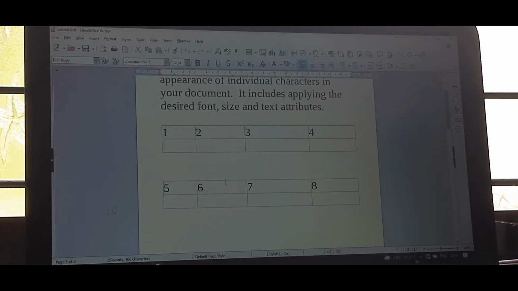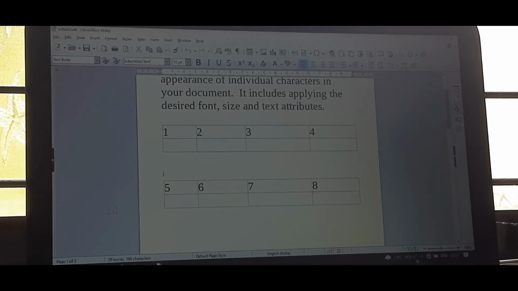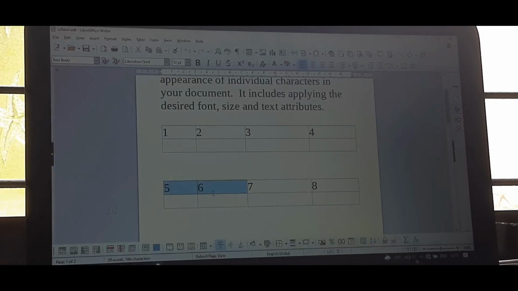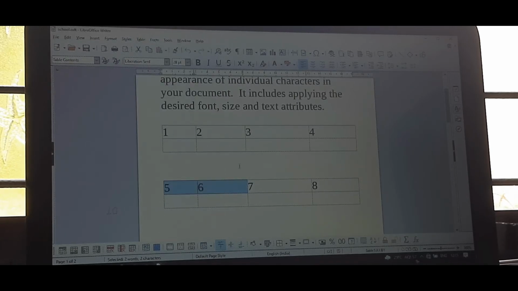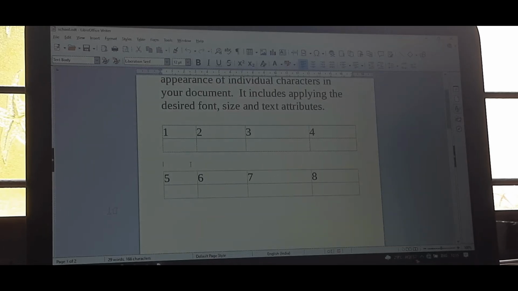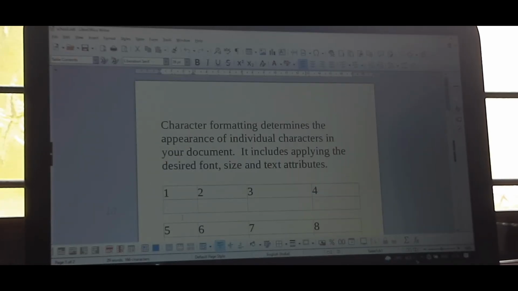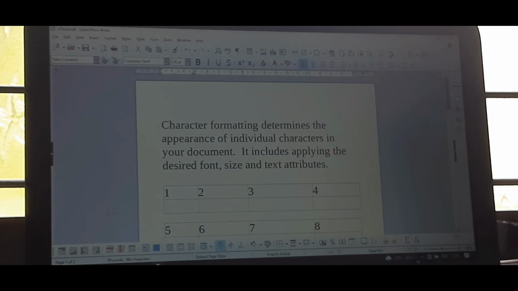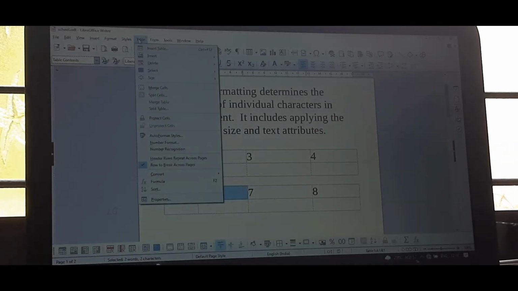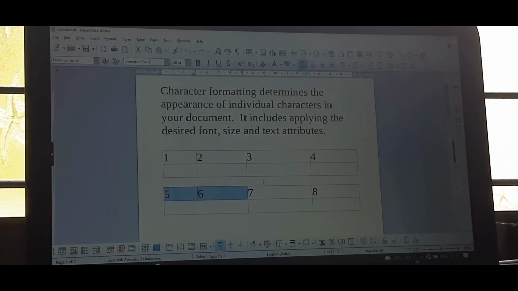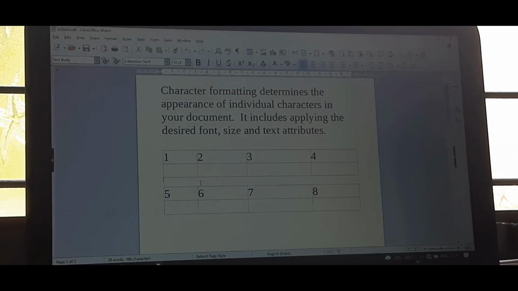And if you want to merge these 2 tables back, first we need to delete the spaces, otherwise the table will not merge. See, if I don't delete the space and just select, then the merge table option is not activated. So I need to remove all the spaces in between these 2 tables. See, one more space is there still. Still one more space is there. If I select now, the merge table is still not activated because the space is not yet completed. So I need to delete this space also.